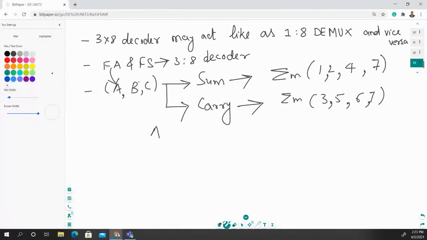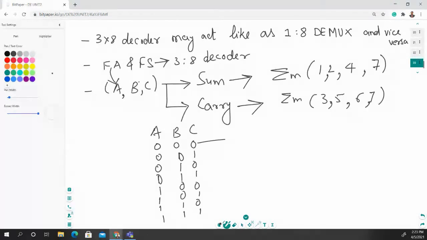We have the three inputs A, B, and C. Quickly, first 0, 1, 2, then 3, 4, 5, 6, and 7.